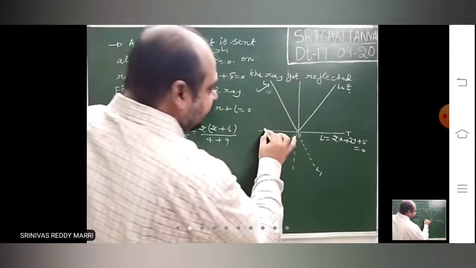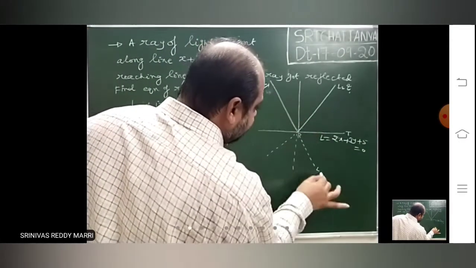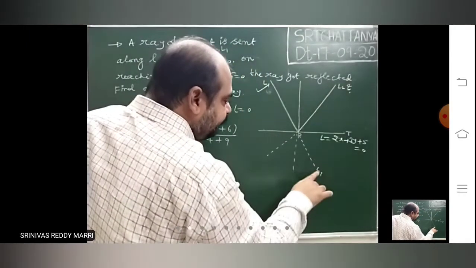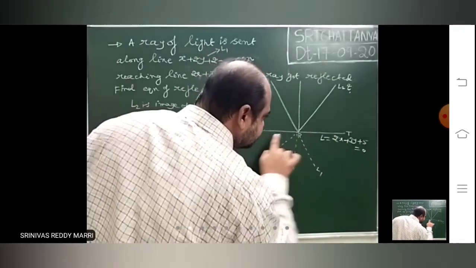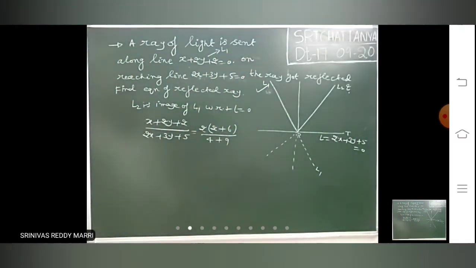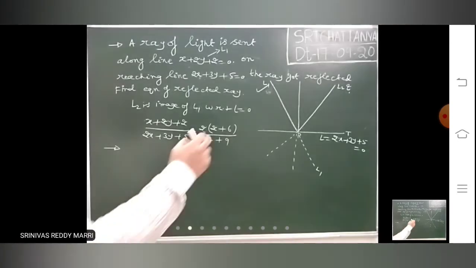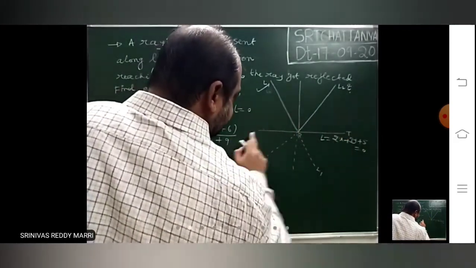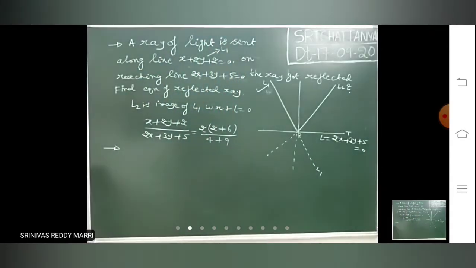So just look at here. The angular bisector is given. One line you know, other line you have to find out. That means L2 is nothing but the image line of L1 in this mirror. Direct formula. Simplify this one and write. If out of the incident ray and reflected ray, one line is given, and the mirror where it strikes, you can write the other line. Next.